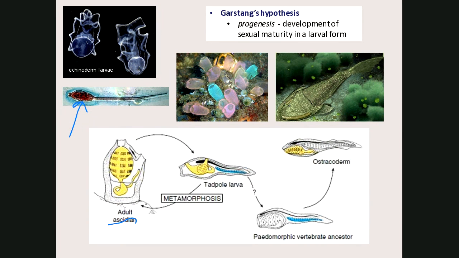Call it a tadpole larva because it looks like a tadpole, but of course it's not a frog. That picture up above, this really colorful thing, looks like a bunch of lamps. Those are all tunicates. Those are all ascidians. Their larval form looks like a tadpole. So the connection between the echinoderms and the chordates runs along this tadpole larva.